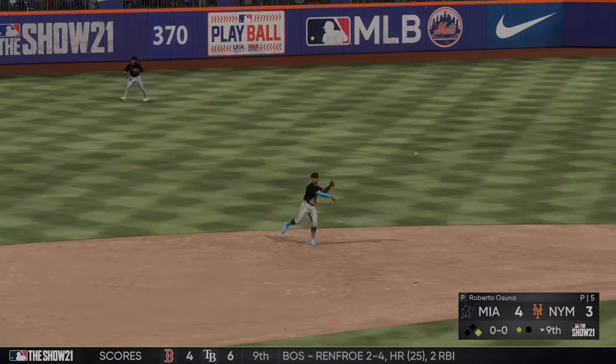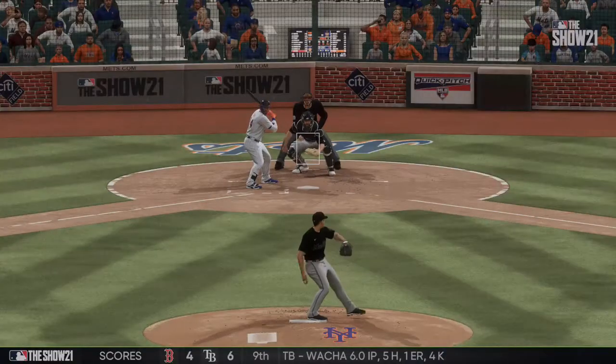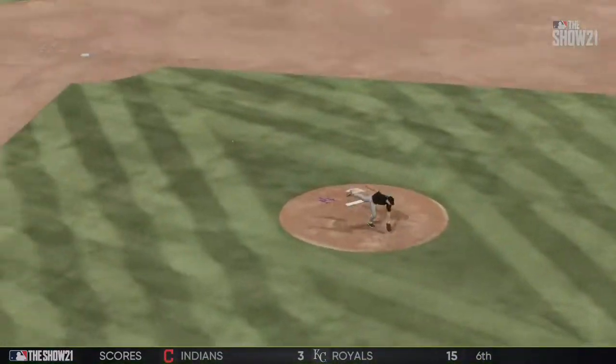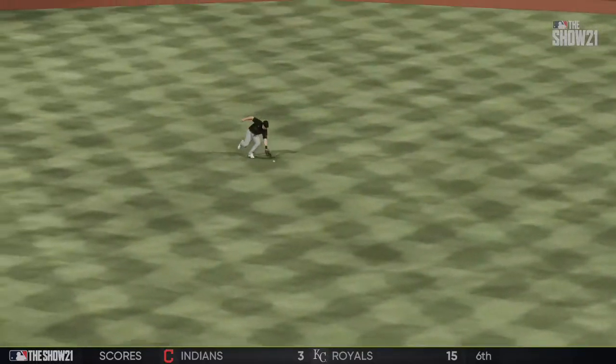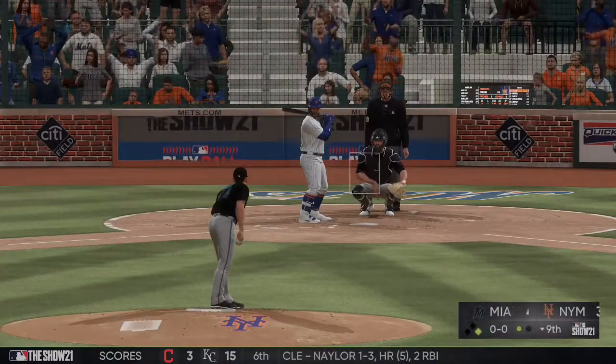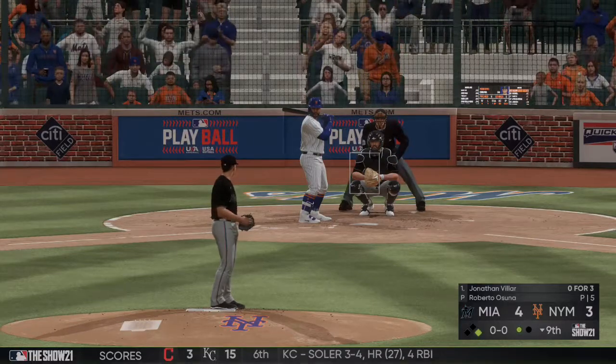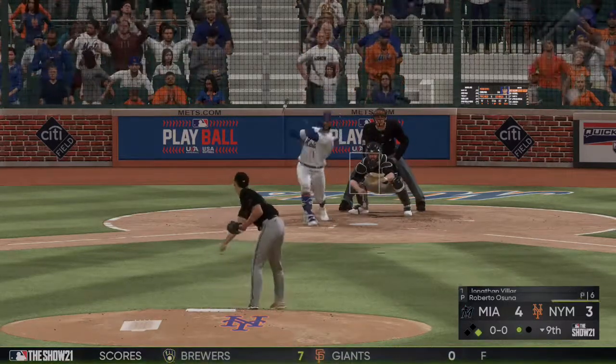Well, this is where the manager makes his money right there. Nice at bat. Now it's a question of whether or not he pinch runs. Dan, as a pitcher, did it make you a little nervous when the guy had jets on the base path? No doubt about it. This is a very difficult spot. You're one hit away from getting right back into this game and tying this game up. You're going to have to really...